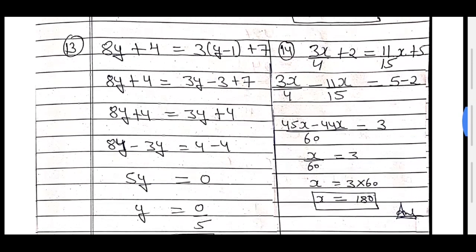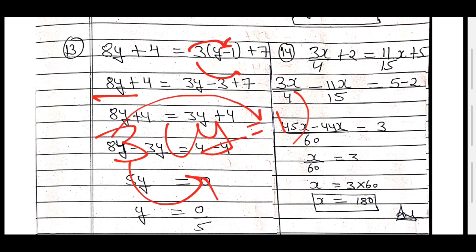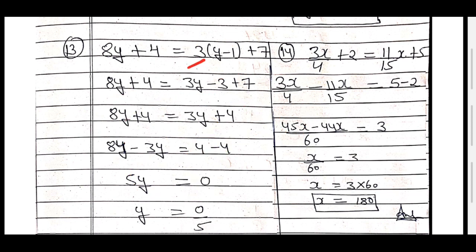Now come on 13 part. 13 part is 8y plus 4 is equal to 3 times y minus 1 plus 7. So what do you do? First you write as it is, just solve the bracket. This 3 multiply by y first and then 1. Is like that 3 into y minus 1. So multiply 3 first by y and second y minus 1. So what you get? 3 multiply y you get 3y, 3 1s you get minus 3, and plus 7 as it is. Now just remove, arrange 8y here plus 4, minus 3 plus 7 you get plus minus minus, you get 4, and the sign of the greater number, that is plus. So you get 3y plus 4.